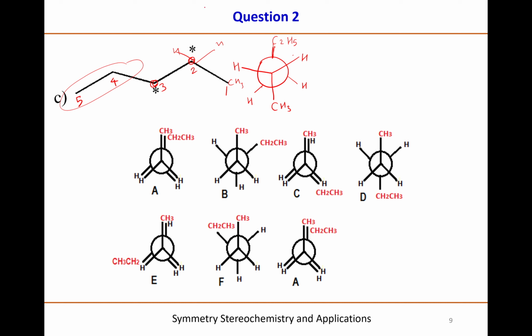So here I will rotate the backside carbon only, and keep the front carbon as it is. If I rotate this by 60 degrees,